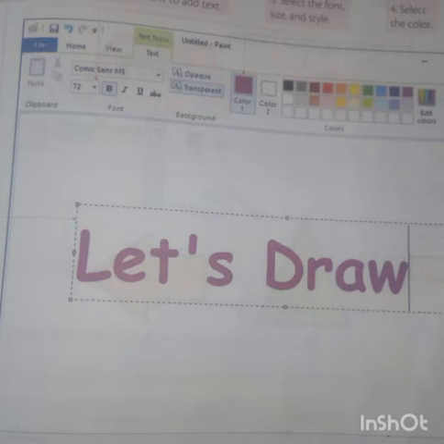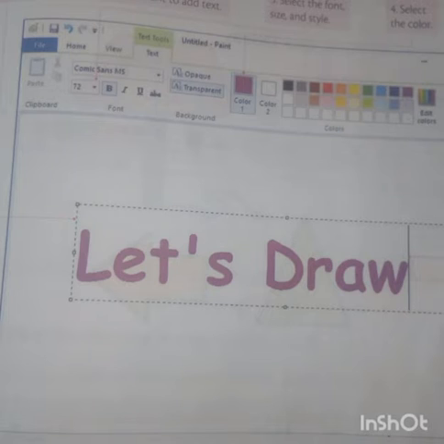If you want to change the background to yellow color, you have to select color 2. Color 2 means the background. If you select color 2 as yellow, the background will change to yellow, and with color 1 you are writing a B. So A, B will be in violet color. If you don't need violet color, you can click the blue color or red color, and automatically the letters will be in red color. Okay, this is the text tool.